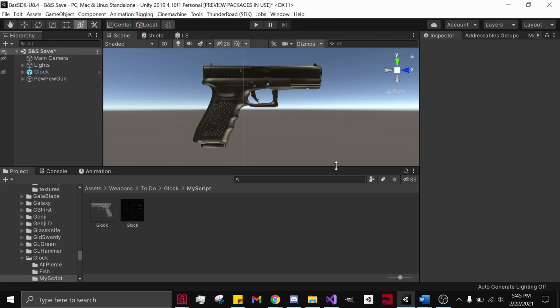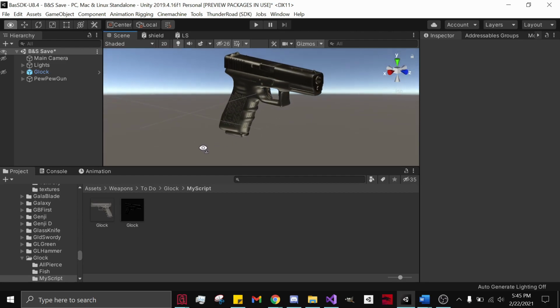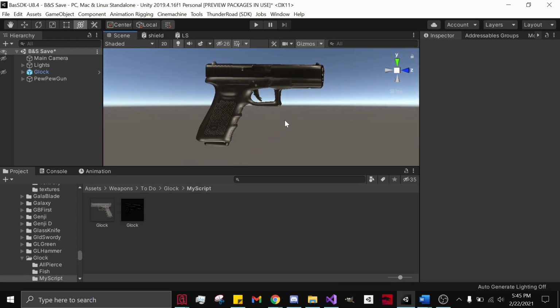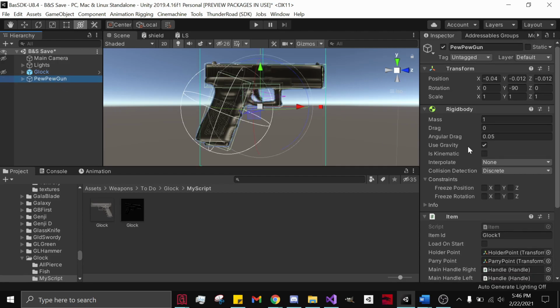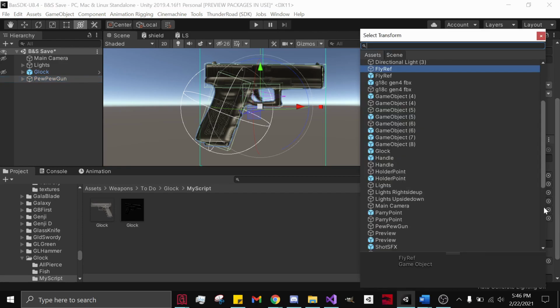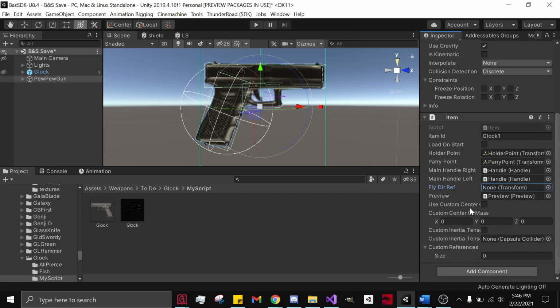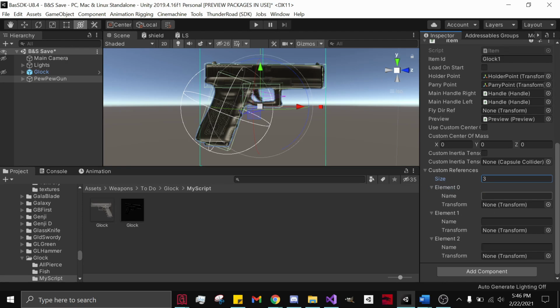First off, you are going to want to make sure that your gun is made like a blunt weapon, hopefully with a gun model, so it can actually look like a gun that shoots bullets. After setting it up like a blunt weapon, you need to go into the item definition and take off the fly ref. After you've done that, scroll down to custom references, add in 3 of them. They need to be named exactly this: